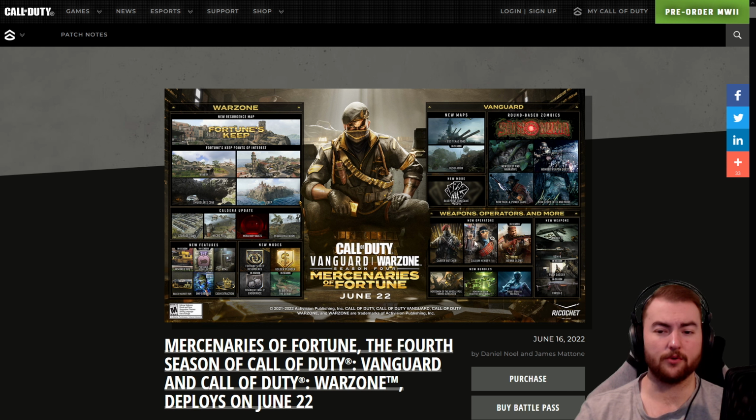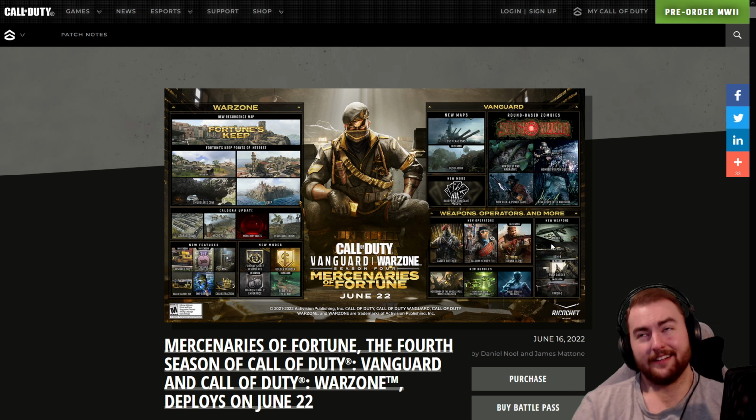I think there's going to be 3, 2 in the start, and again 1 in the middle of the season, I believe. We're getting 3 new weapons in the update, a new SMG, a new LMG, and a new assault rifle, which again, it's kind of disappointing here. I mean, we've seen these a number of times already. We've seen a new assault rifle, we've seen a new SMG in pretty much most seasons,